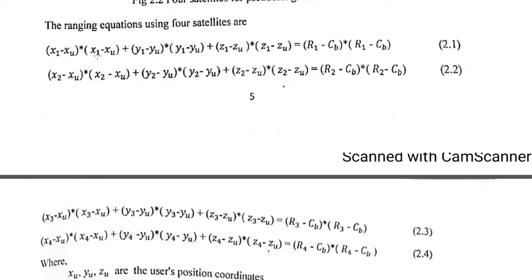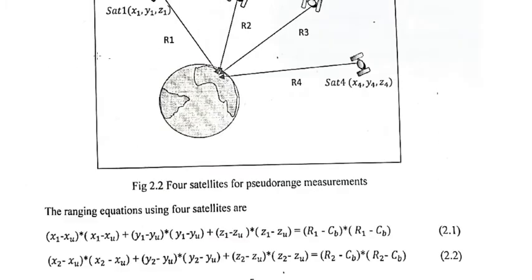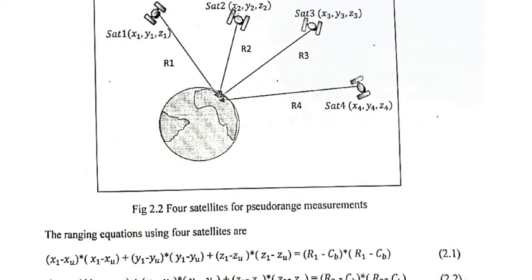As we are having 3 satellites, these first 3 satellites we are considering. So the parameters of the satellites I am calculating as X1, Y1 and Z1, parameters of the first satellite, parameters of the second satellite, parameters of the third satellite, and these are the parameters of the 4th satellite.